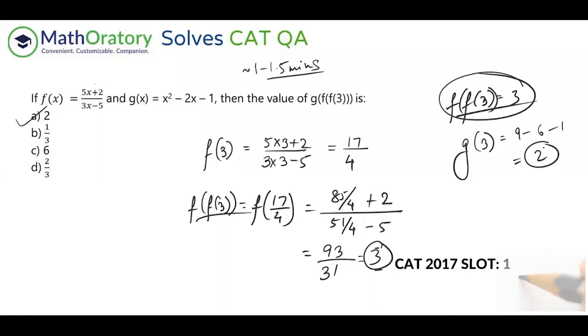Now the same thing, g of 3 you anyhow have to determine. So this is the alternative if you don't know this idea, but if you know it, this becomes super fast. There were some more CAT questions earlier as well which used ideas similar to this. Not that you cannot solve it without this idea, but knowing this idea will reduce time. That is the only advantage. I hope that was understood. Thank you.